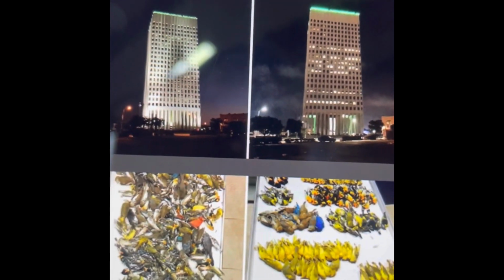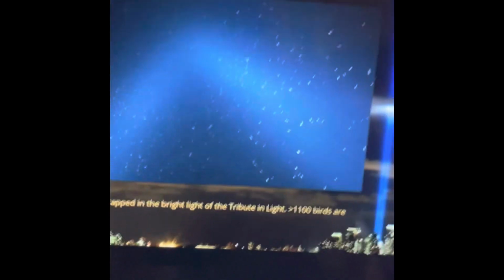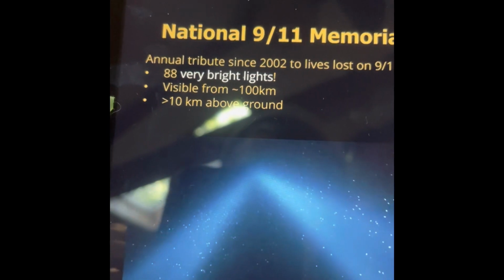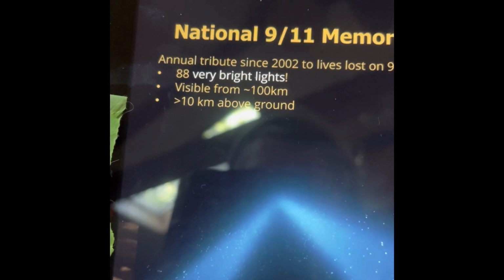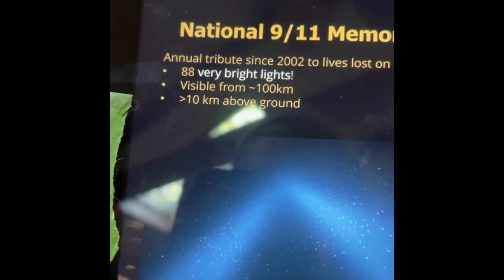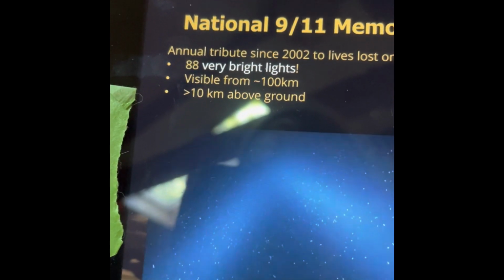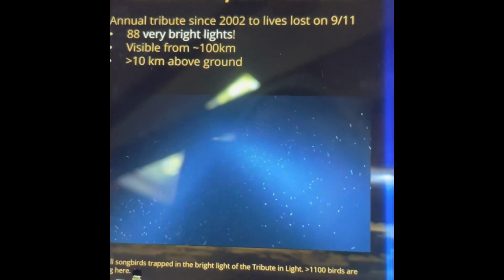And so here you can see a little bit of the effect that these lights have on birds. The video that is playing to the left is actually of the 9/11 Memorial and Tribute in Light in New York City, which shines every year on 9/11 and consists of some very, very bright xenon lights. And what you're seeing swirling in these lights is not, in fact, insects, but rather birds sort of trapped in these beams. Endlessly circling, which is very unfortunate in exhausting them, distracting them, etc., and generally distracting from their natural